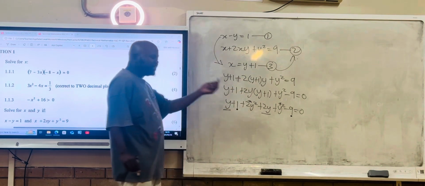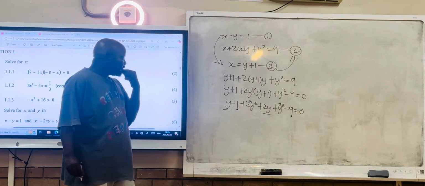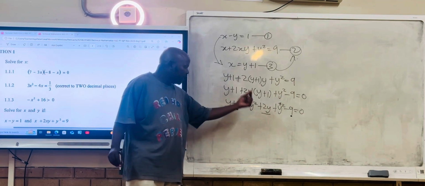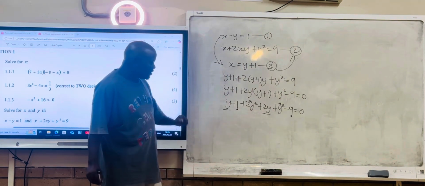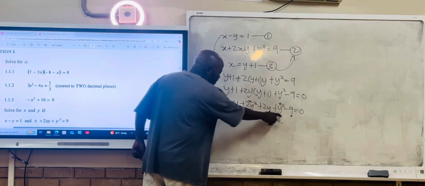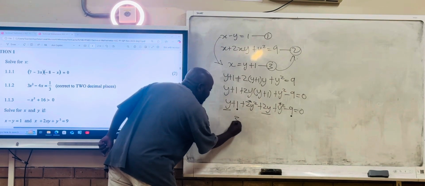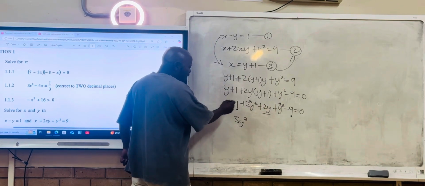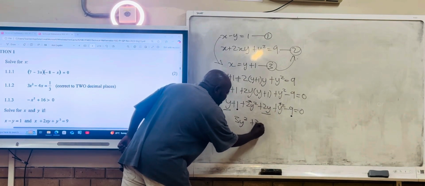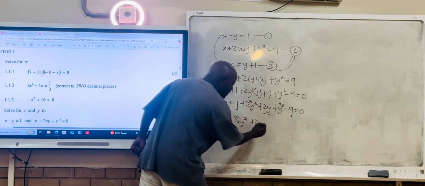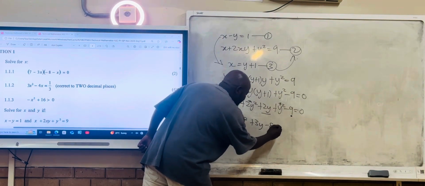You see now I'm just indicating my like terms so that the person who is going to mark can see which one is a like term and which one is not. When we start with this one, 2y squared plus y squared will be 3y squared. Now y plus 2y will be 3y. And 1 minus 9 will be minus 8,